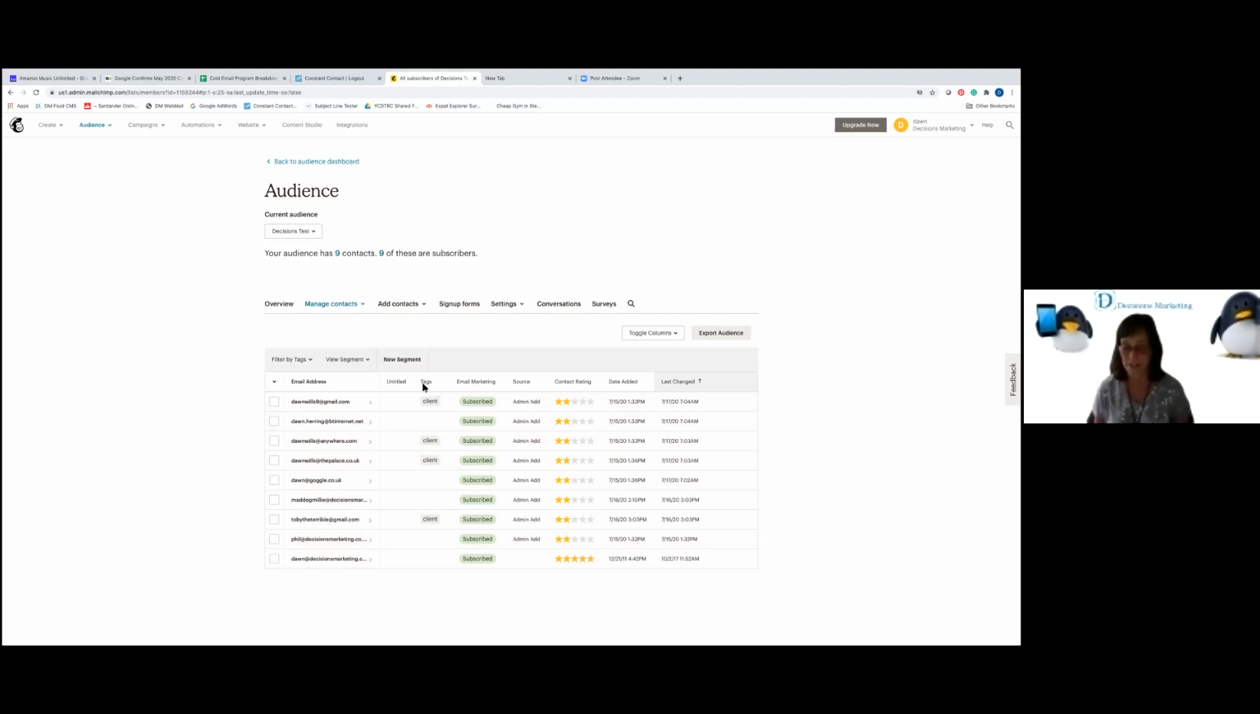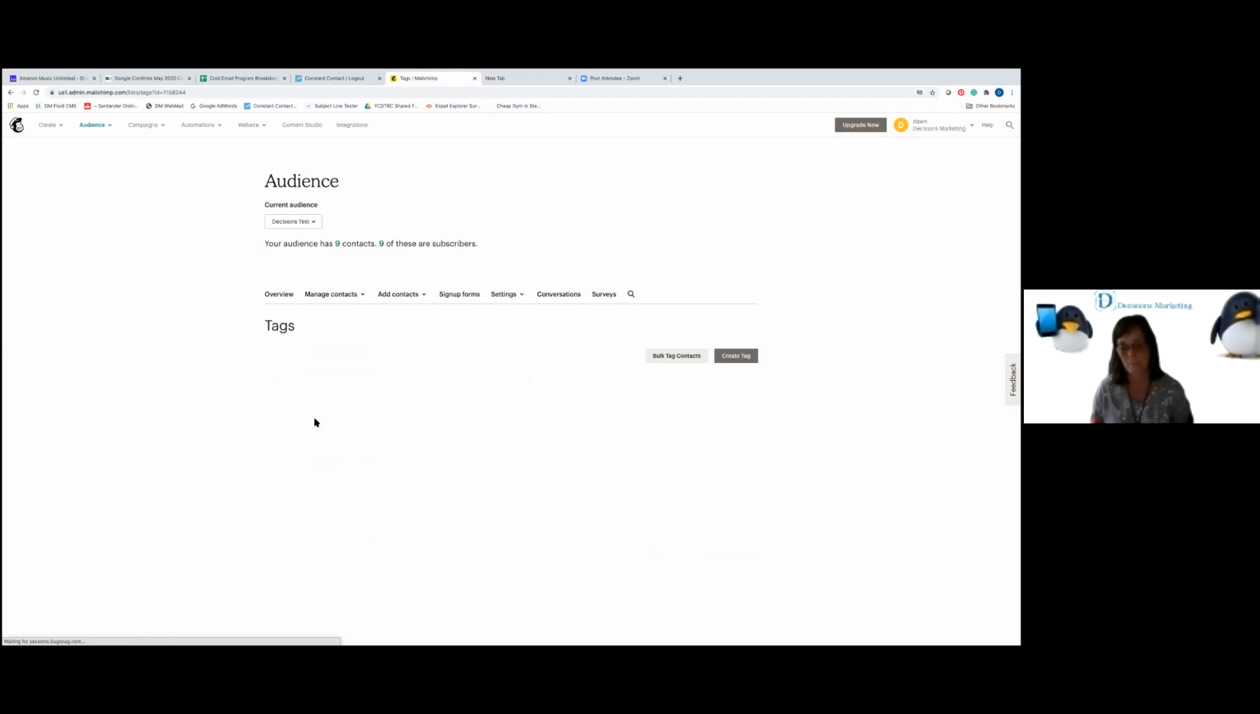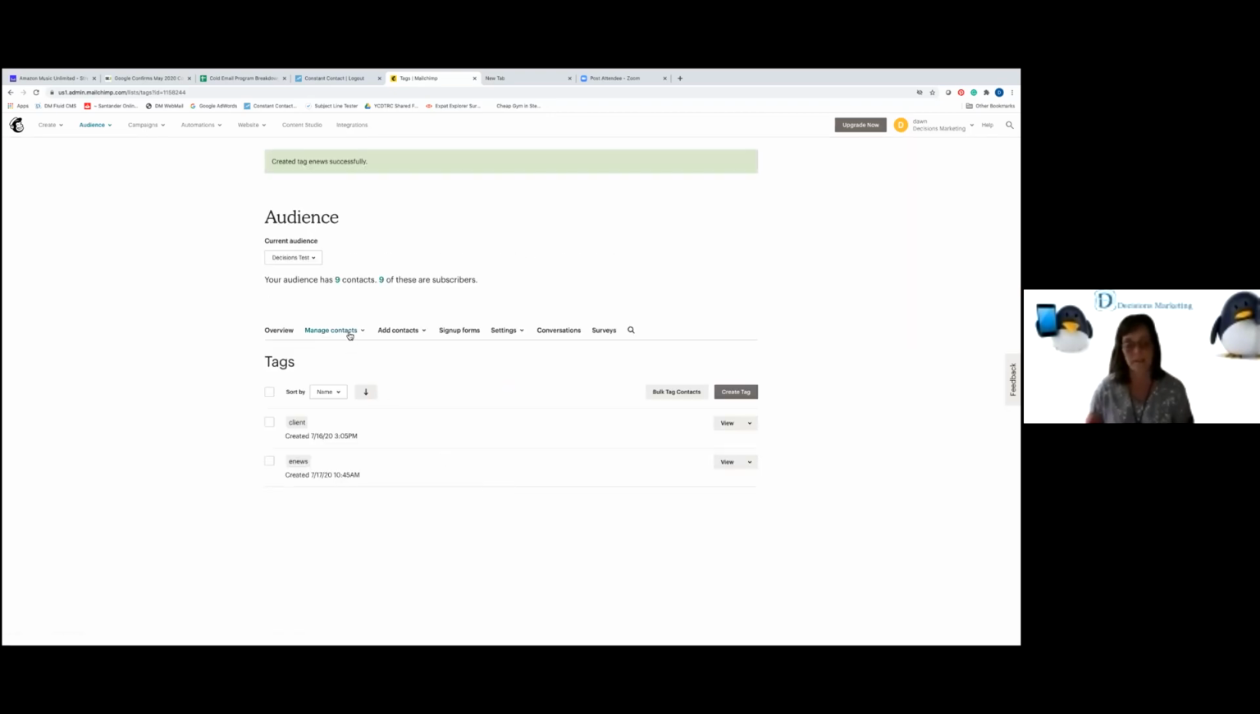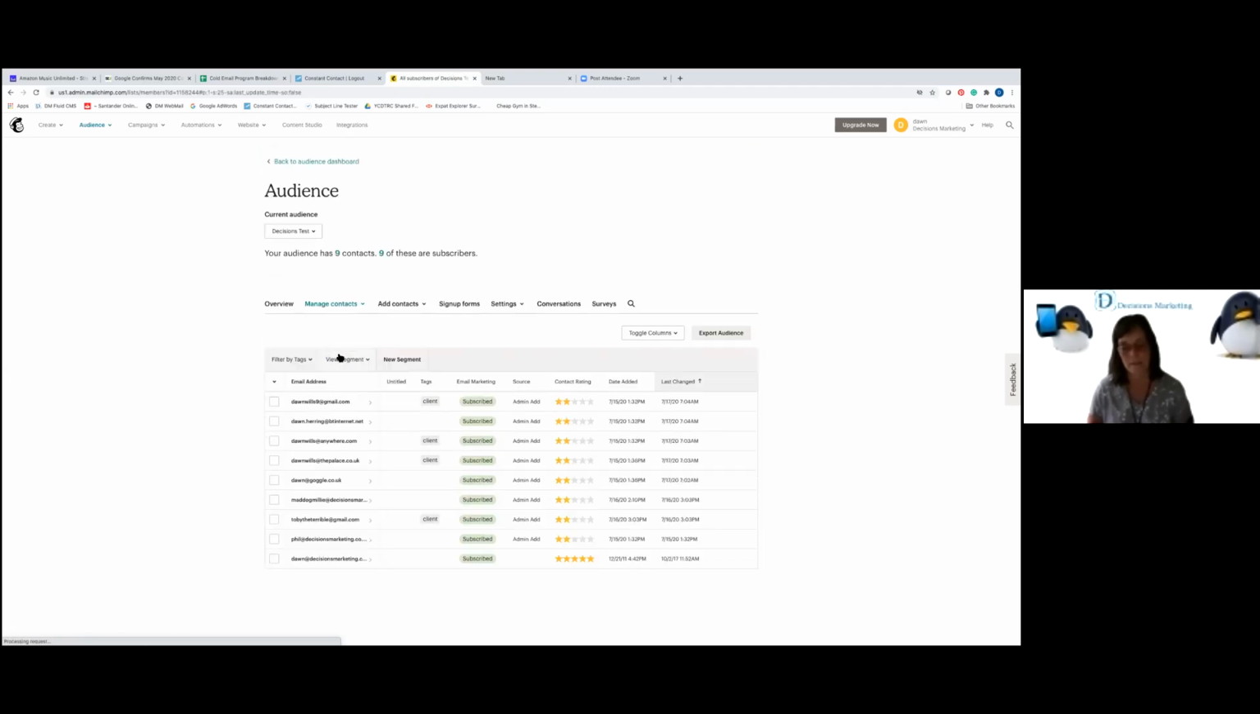Now this is really important. It's a really helpful thing that you can do, because you might want to send something just to your clients. You might want to send something to people who have signed up for your newsletter, for example. So it's important to think, well, how can I earmark these people so that they get the right emails? So what we can do, we can manage contacts, we can go into our tags, and here I can create a tag. I've already got clients, but let's say I want to send a newsletter out to people. So I'm going to create a tag called e-news. And then if I go back to my contacts,